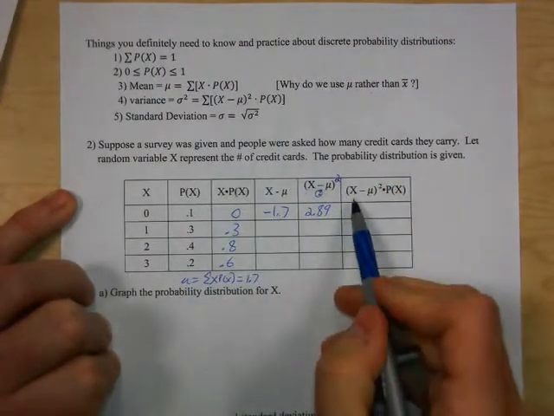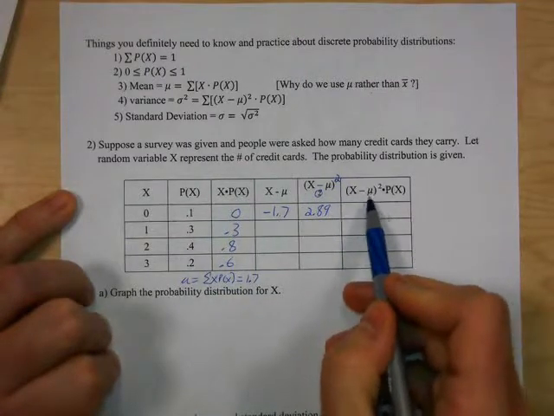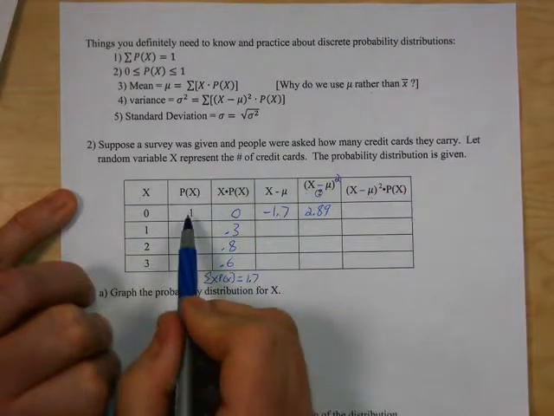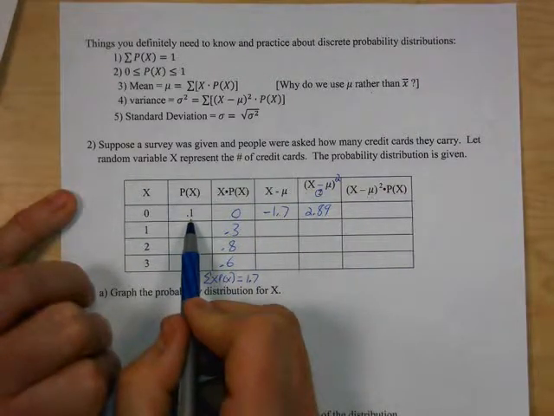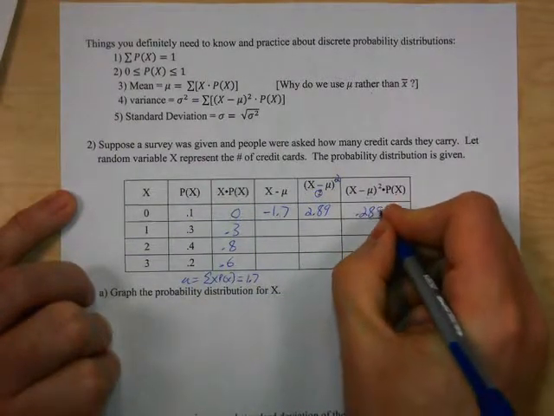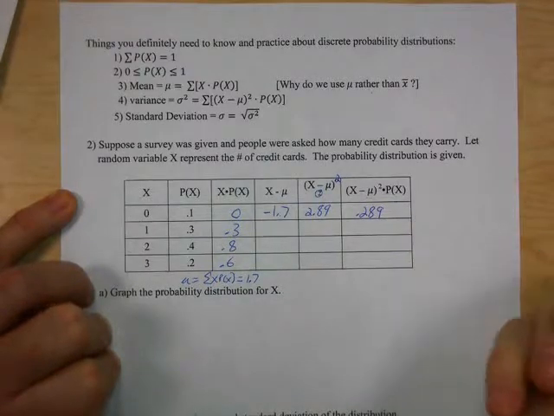And then you're going to take that 2.89, which is x minus mu squared, multiply it by p of x. Well, p of x in the first row was 0.1. So we're going to take 2.89 times 0.1 and get 0.289. Okay, then the next row,